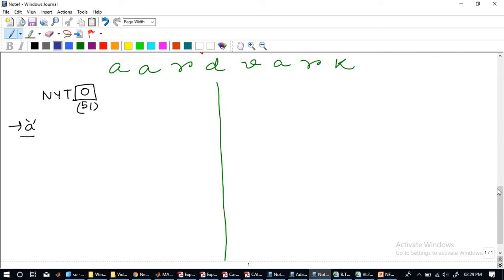First of all, if you look at the rules, if the code appears for the first time, then it should have NYT code plus a fixed code. So A is appearing for the first time. So I'll write here, first time A appears. So K is equal to 1.